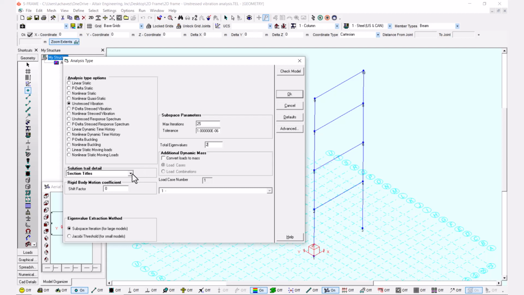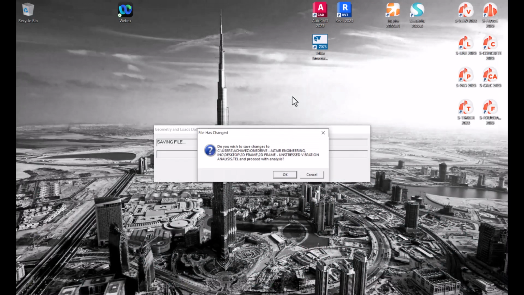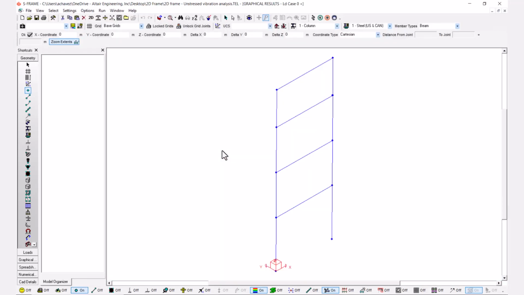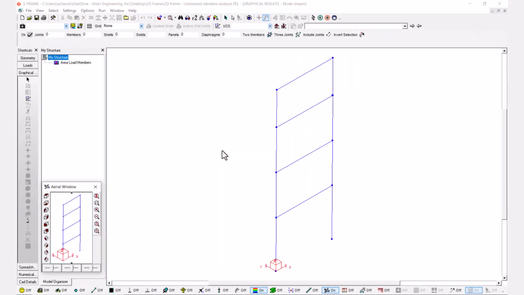you will be able to do so for the academic version of S-frame by selecting the solution trail detail option available here. I'm currently not using the academic version of SFrame, but feel free to check our separate video for this procedure. So in this case, I will only be clicking on OK, and I will be asked to save my file. I will do so. I will get a clean solution, and now we can move on to the post-processing of